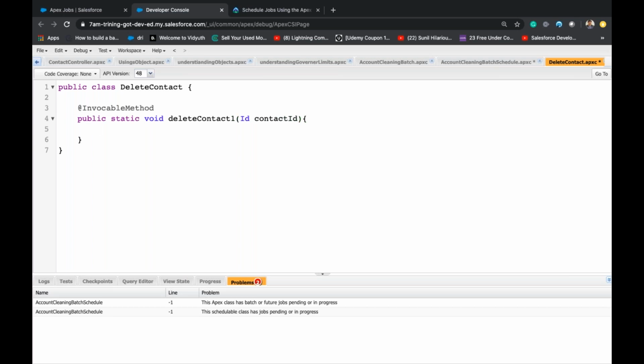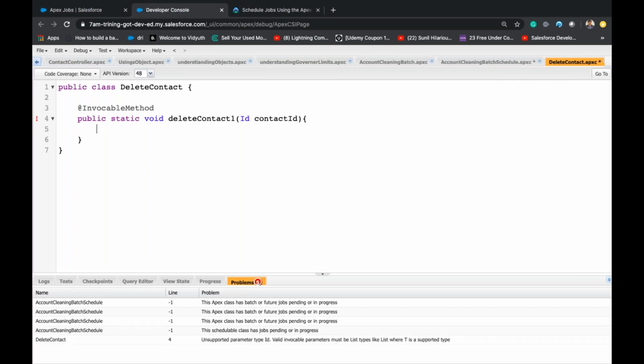So then I want to just... okay. So let's try with this string. ID is not supported in this invocable method. That's the error I got.